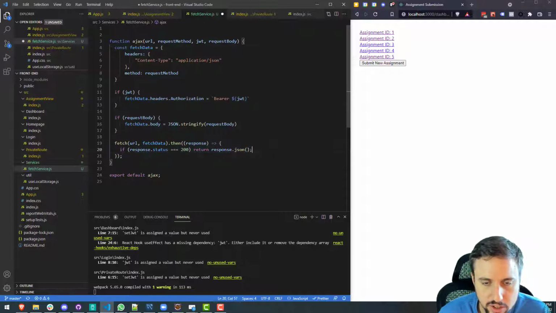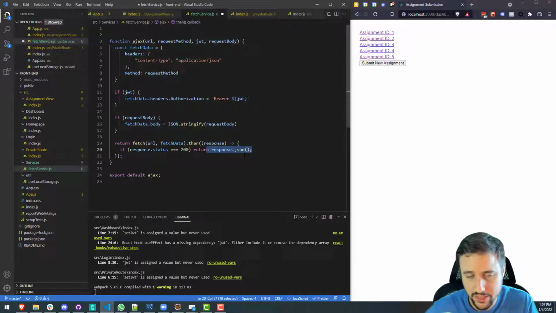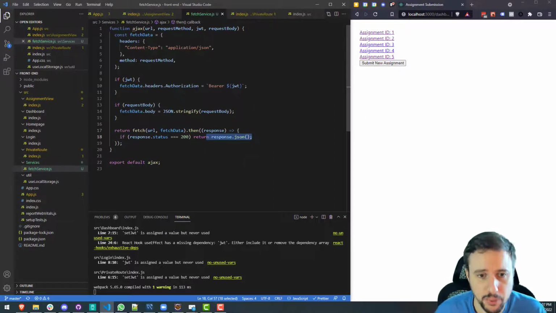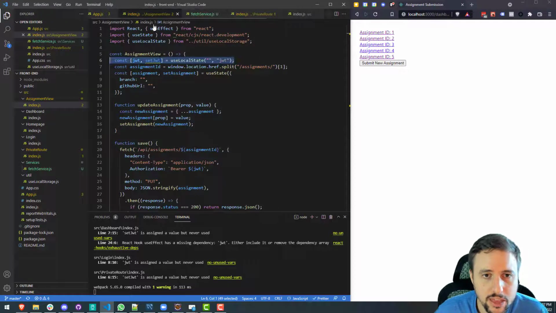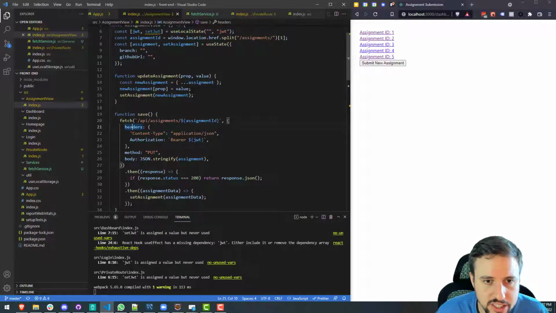If it's a 200 response, then we return response.json. Now this response JSON, we will need to return all of this, right? In other words, it should return a promise, I think. If all goes well, it will return a promise. So with that in mind, now that we saved that code, we can come over here to our save method,